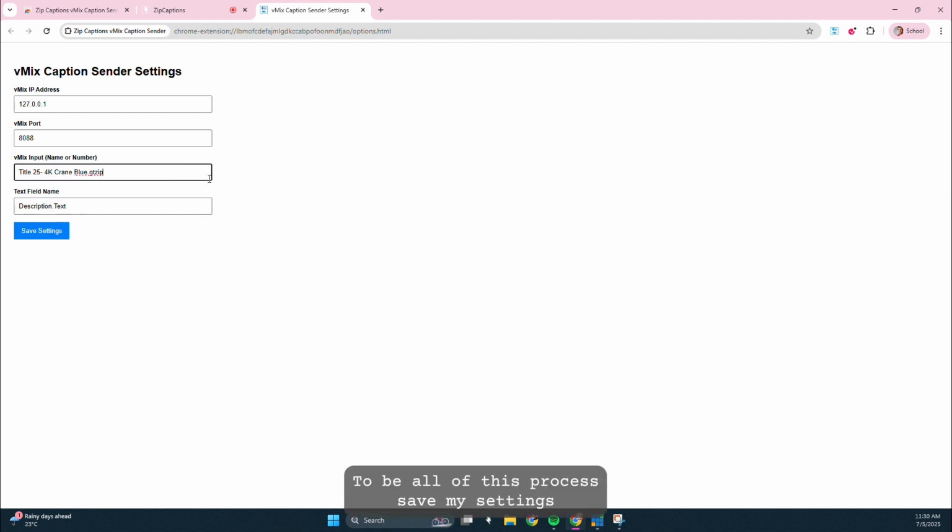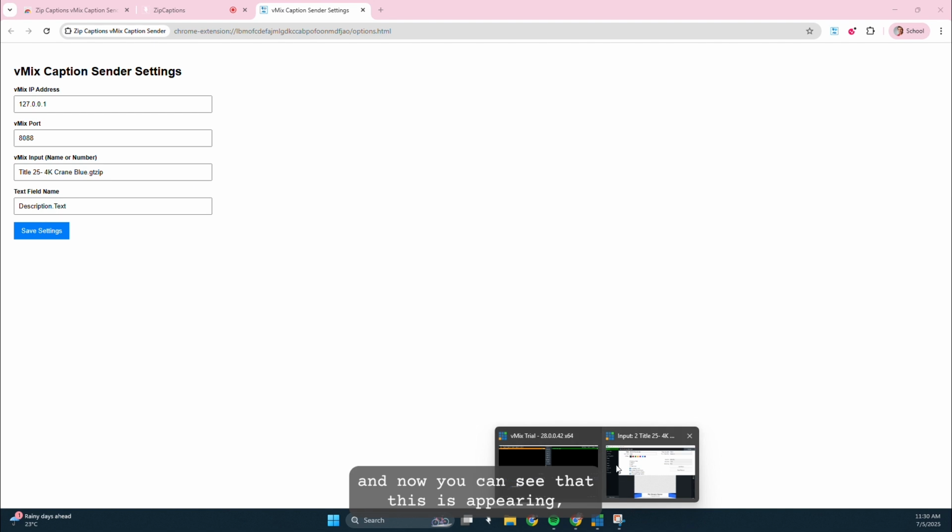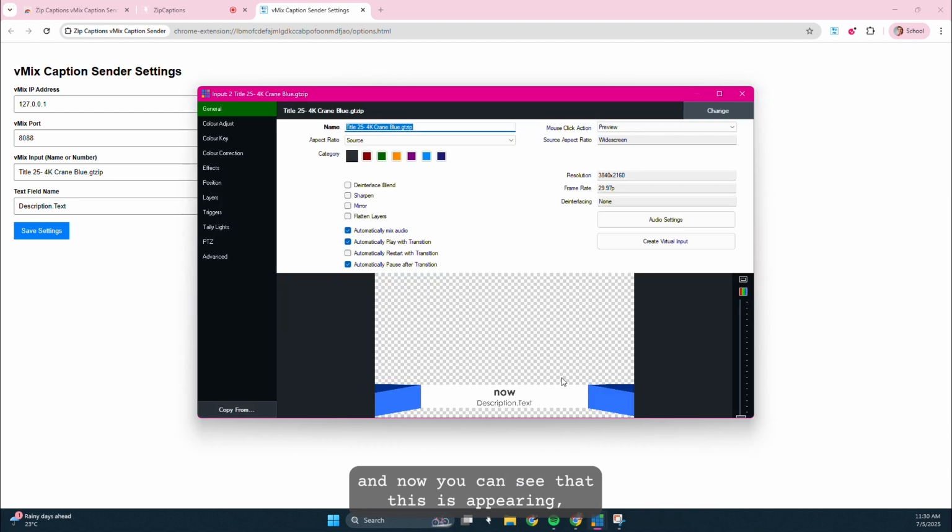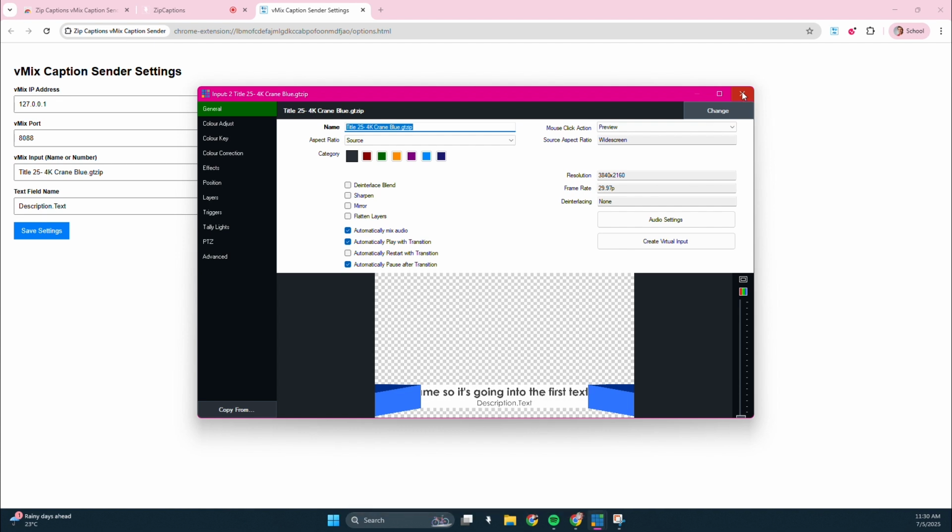Let's delete all of this, paste this in, save my settings, and now you can see that this is appearing in my window. So this is actually not respecting the text field name, so it's going into the first text field that you have set, but you can see how this is actually far more usable